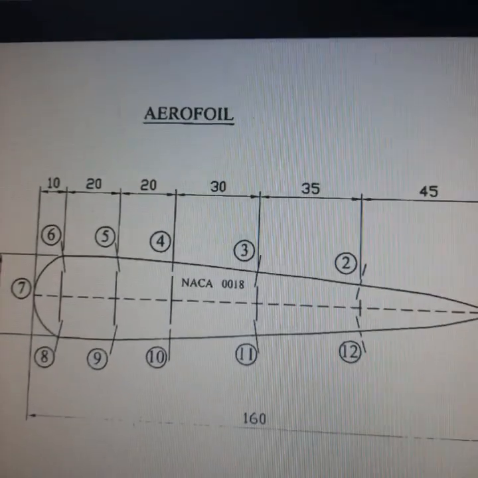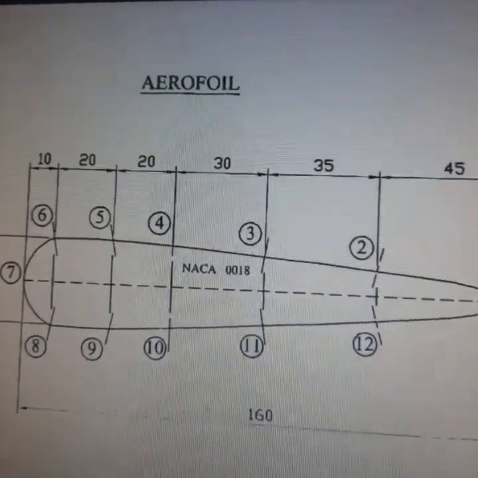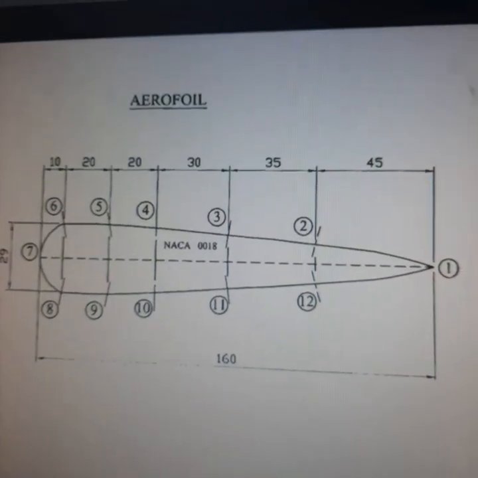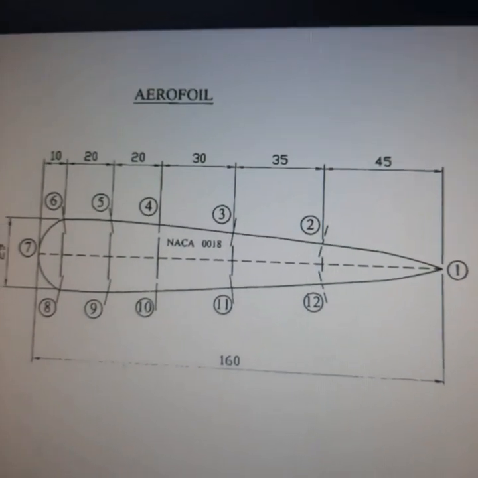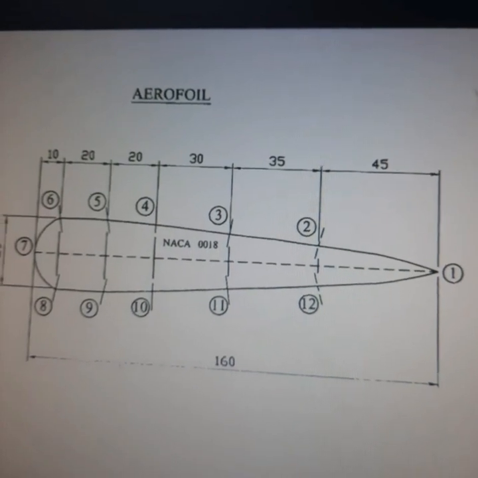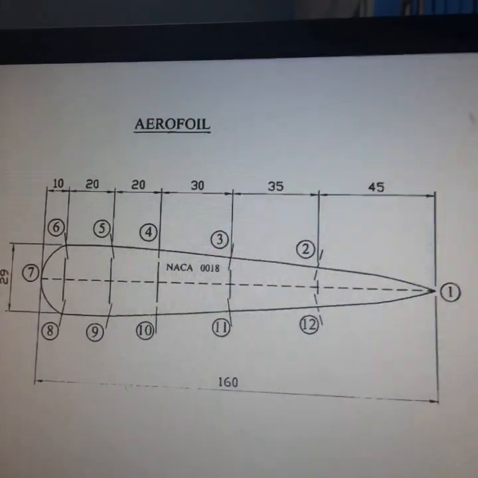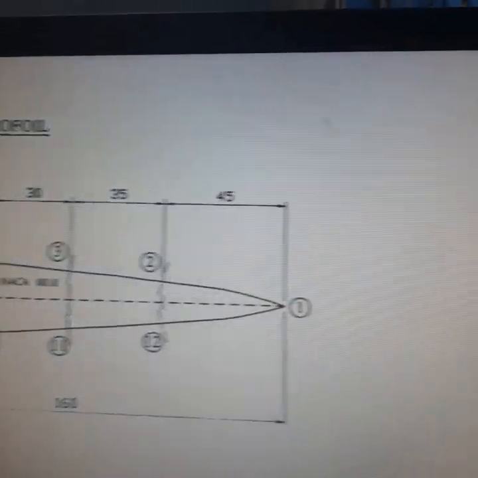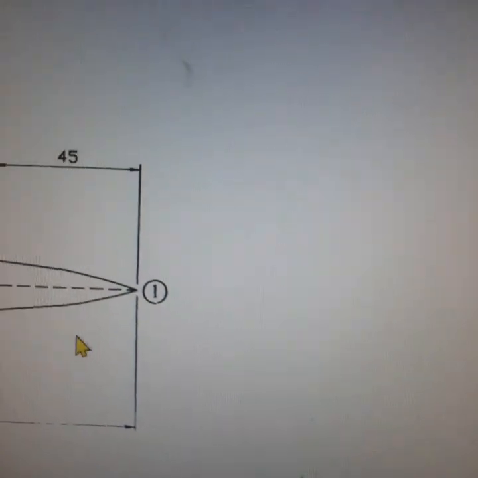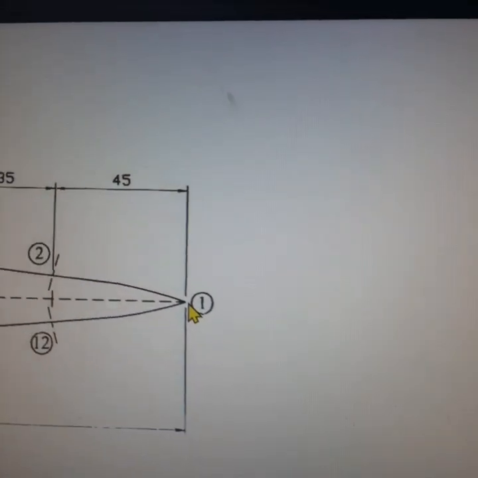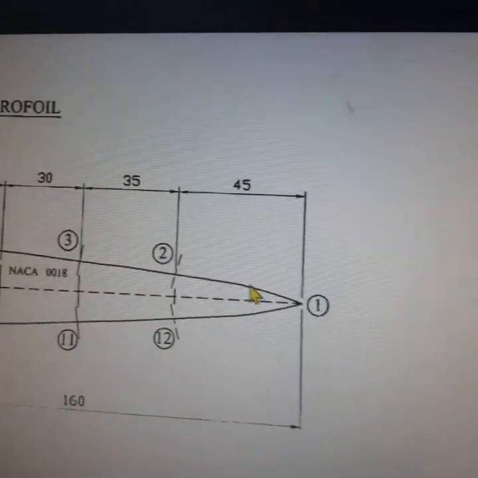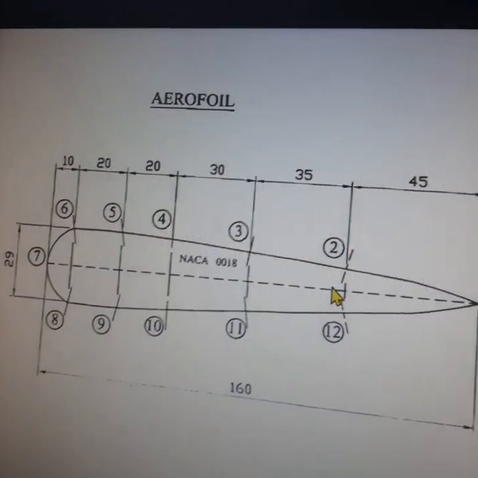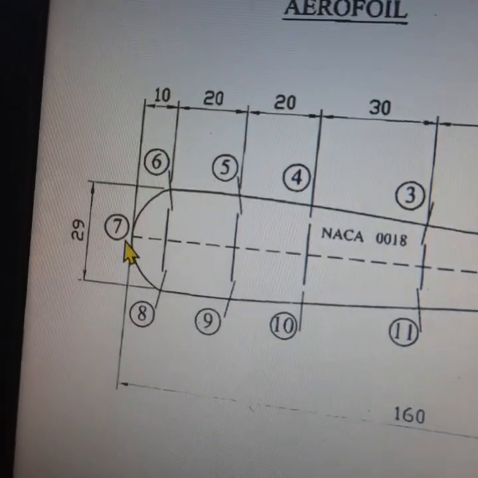The aerofoil used for this experiment is NACA 0018, which is a symmetrical aerofoil. For the purpose of determining the pressure prevailing at each and every point, there are 12 pressure tappings drilled over the aerofoil, as already discussed. Point number 1 is the pressure tapping point drilled at the tail end of the aerofoil. 2, 3, 4, 5, 6 are drilled on the top surface of the aerofoil, and 7 is drilled at the front